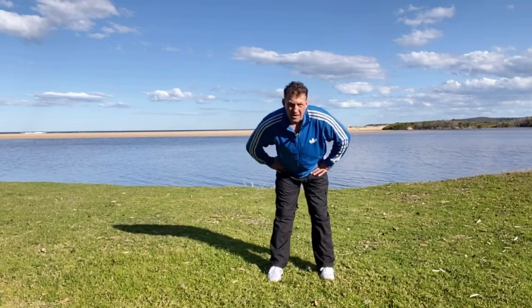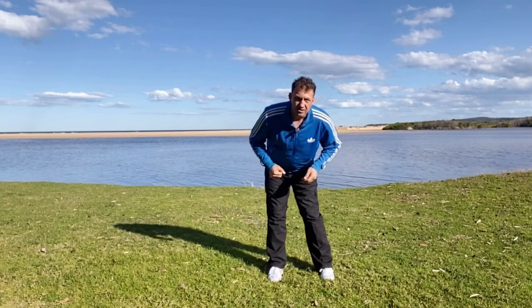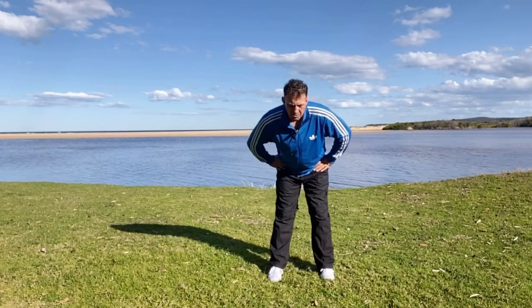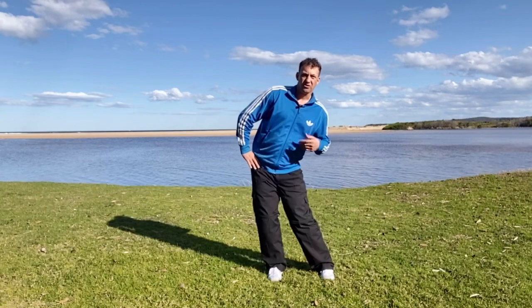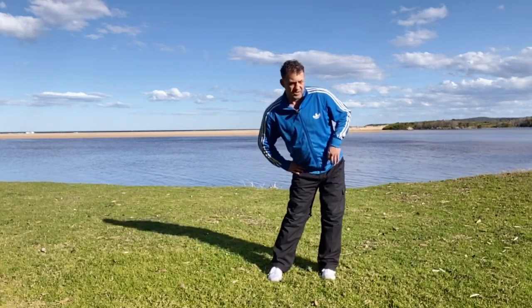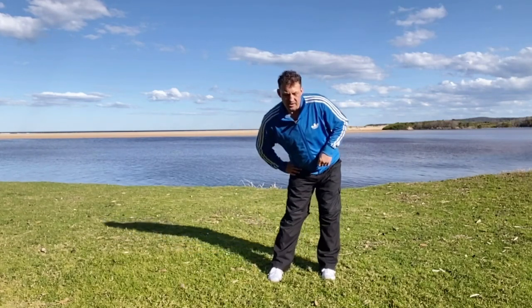And I'm able to make that circle bigger without pushing it into more range. We don't need to do that with these types of exercises. These are power release exercises. They're letting go exercises. They're release. They're soft exercises. Go the other way, which means that I'm softening and relaxing my body from the inside,